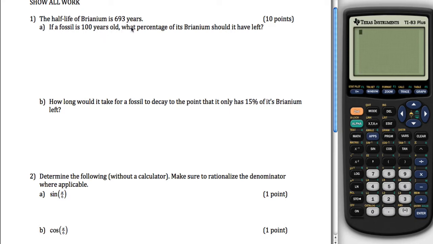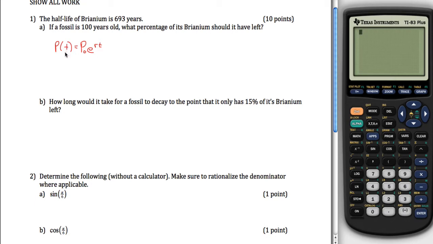is 693 years, and what it says is if a fossil is 100 years old, what percentage of its bryonium should it have left? Which we'll need for this problem and the next one is this formula for exponential growth. And what it says is that the amount that you have at time t is equal to the amount that you start out with times e raised up to your continuous growth rate times the amount of time that we're